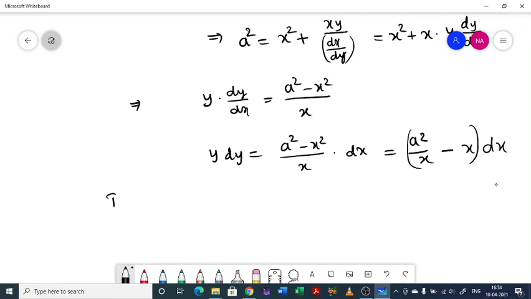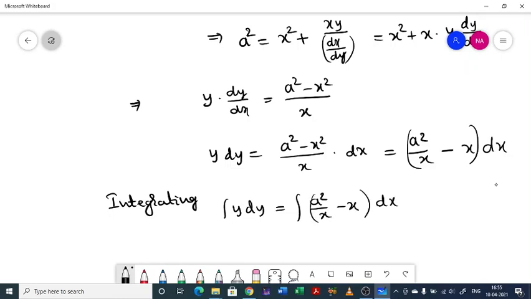Now integrating, we will be getting integral y dy equal to integral a square by x minus x into dx plus c. Integral y dy means y square by 2 equal to a square log x minus x square by 2 plus c,